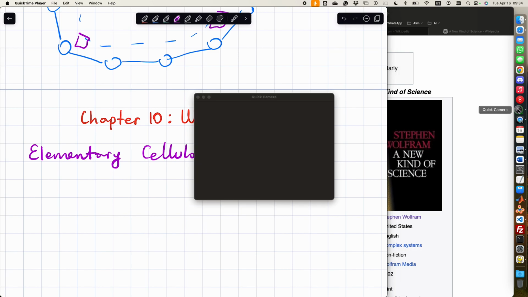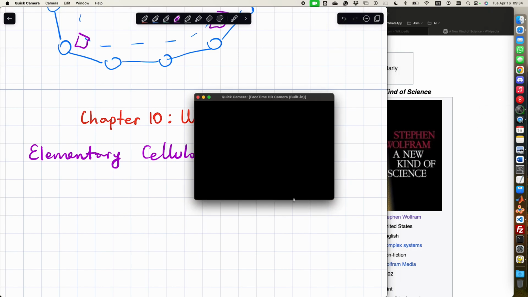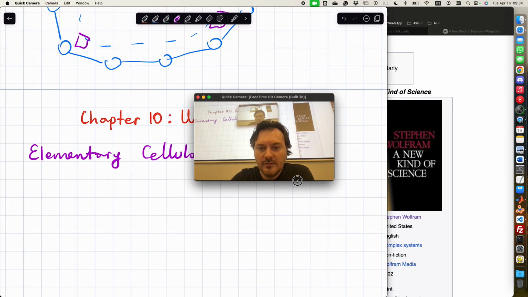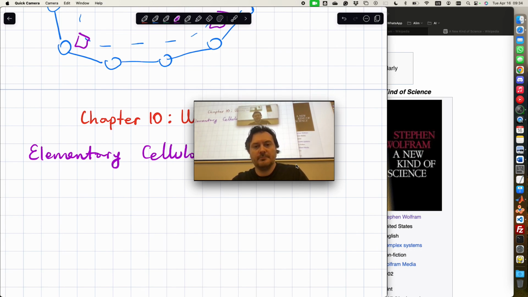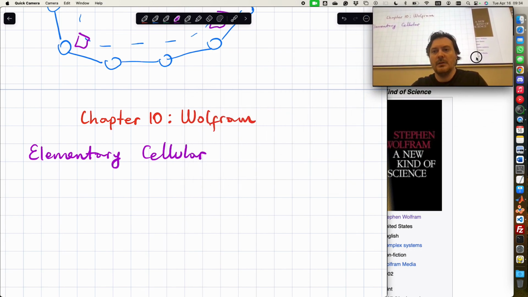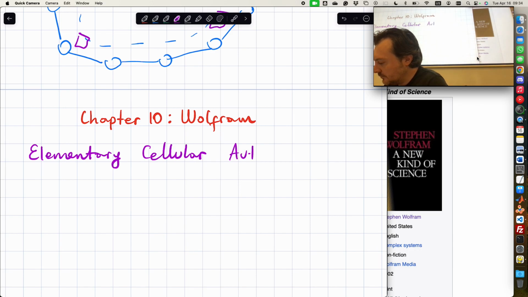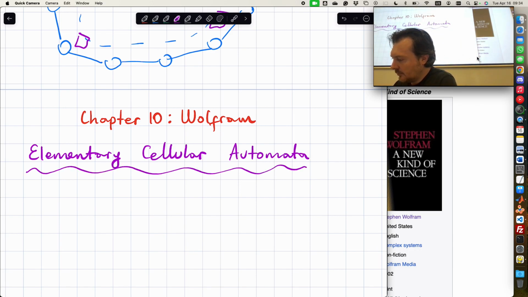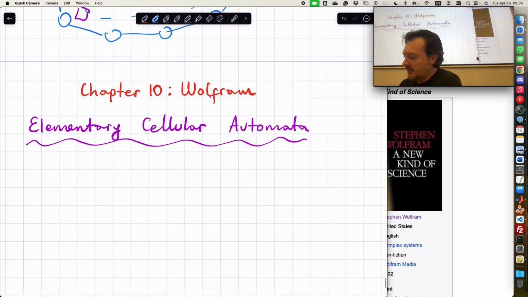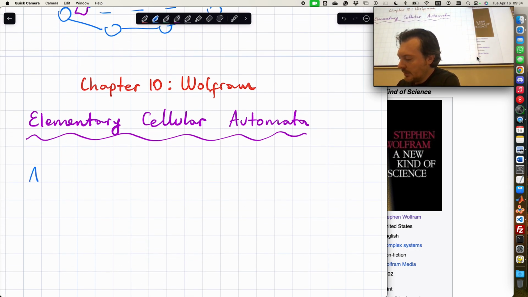So what is an elementary cellular automaton? Let's start by talking about automaton. Automaton is the singular of automata. Okay?